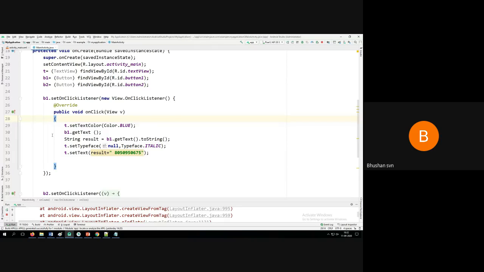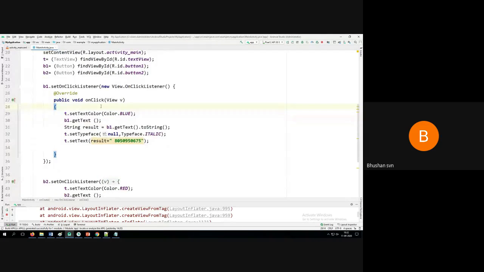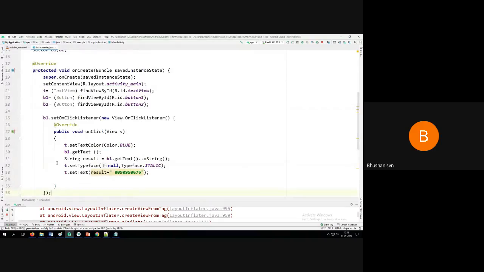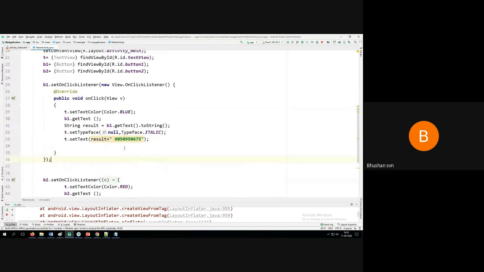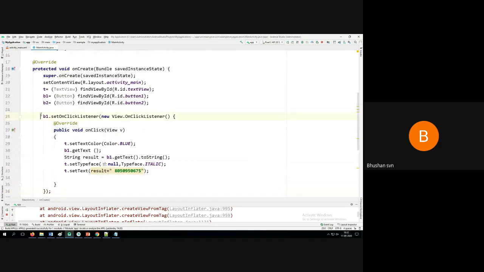Now you close this onClick method, then close this setOnClickListener, then close the other brackets whichever you have opened, and put the semicolon here. So you are closing these instances.